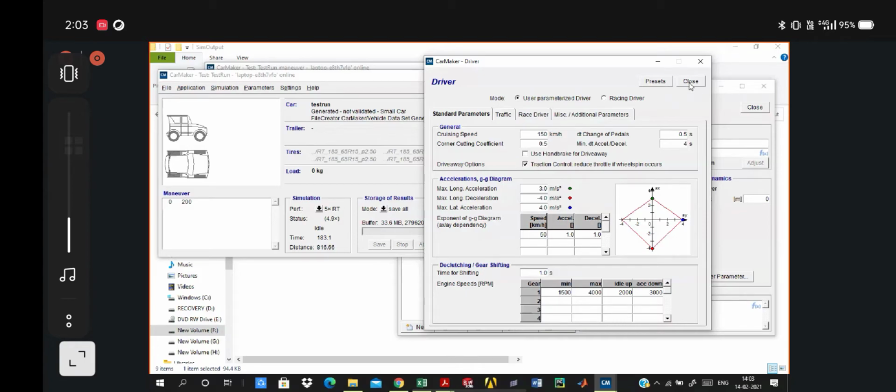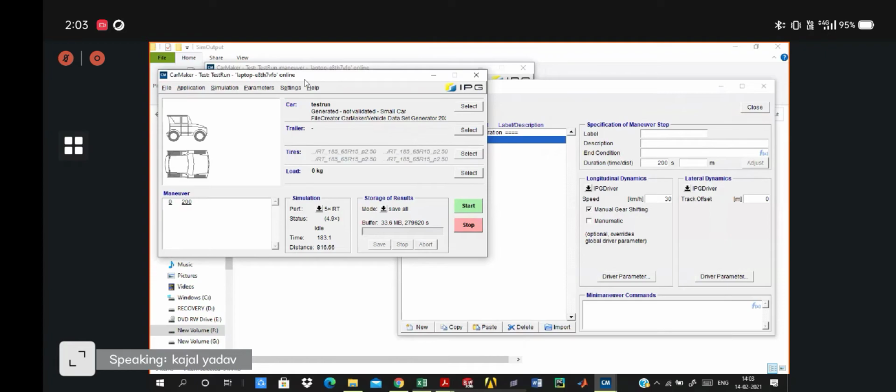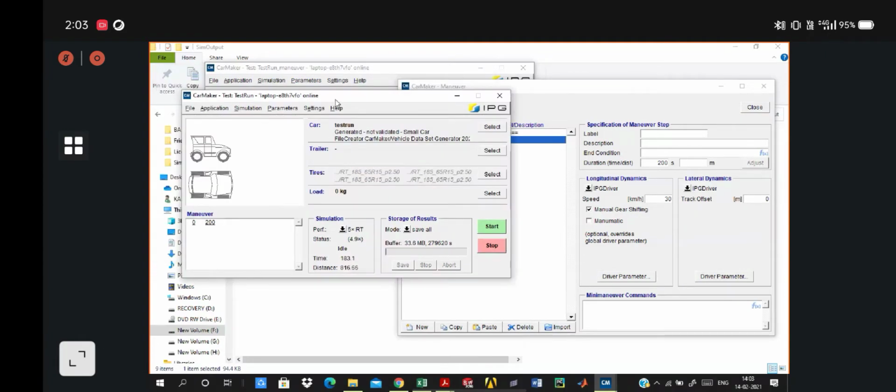I'll be closing this section. In the simulation tab, you can select the simulation speed. The real-time speed will show you the simulation in real time. It won't speed up or slow down your simulation. Similarly, you can speed up your simulation by 2x, 3x, or 5x. The maximum speed will depend on the efficiency of your PC or laptop, whatever you are using to simulate.